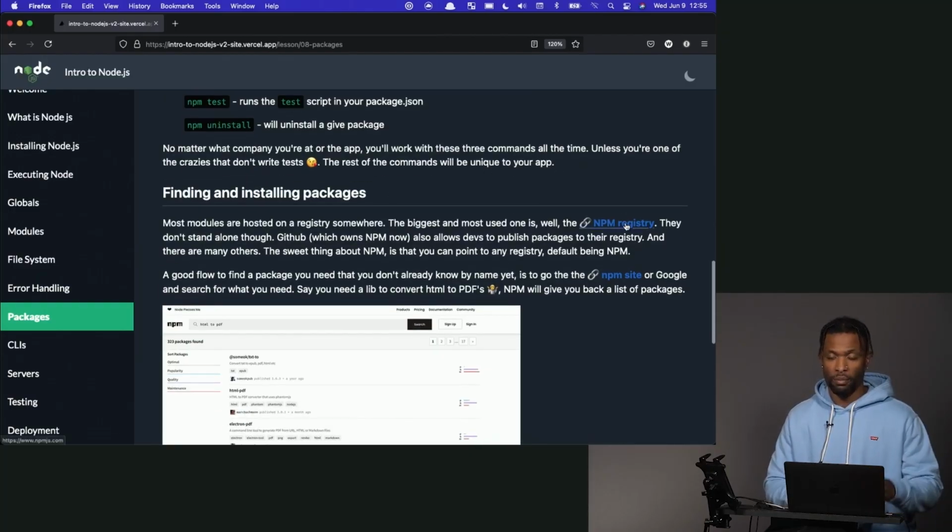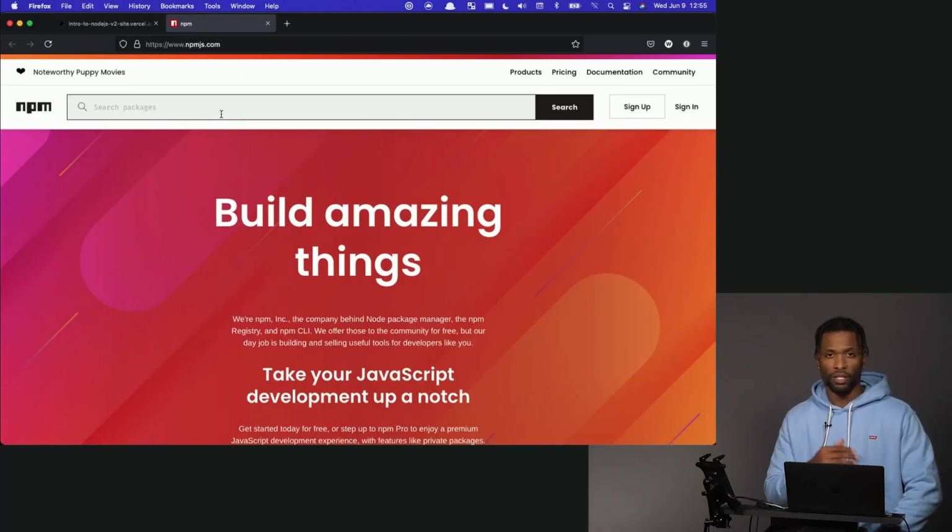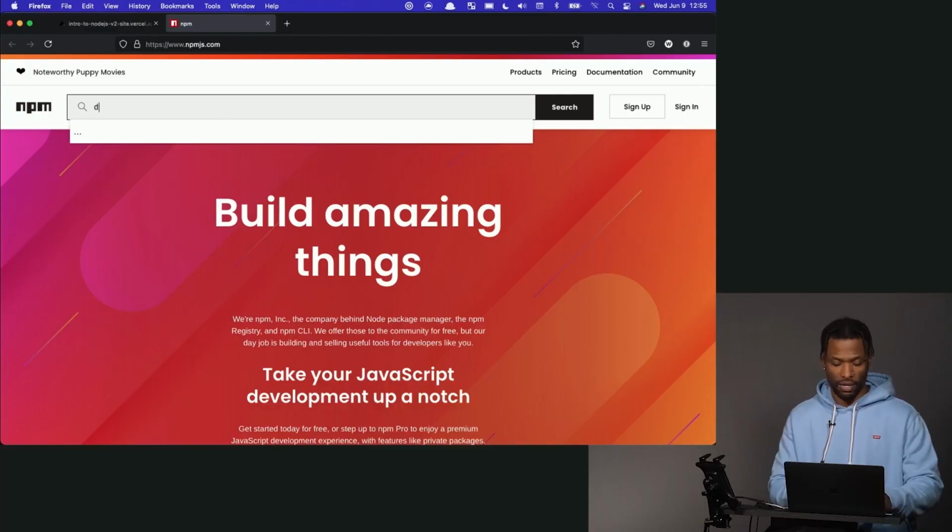So the NPM registry, you can think of it as a database of published NPM packages, and that's basically it. So we're going to go look at the NPM registry, npmjs.com. It has a search bar up top, and you can type in pretty much whatever you want. So let's say you're working on an API and you need to get a database. If I type in database,